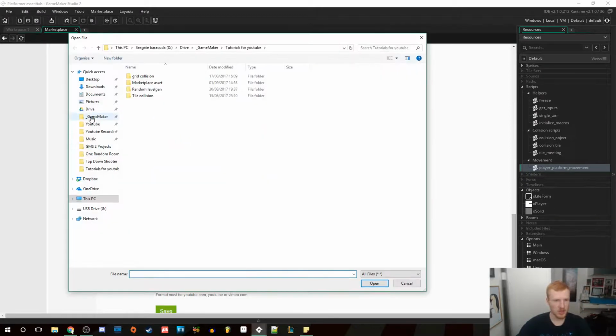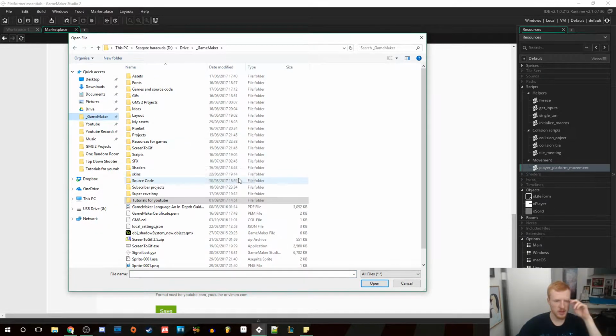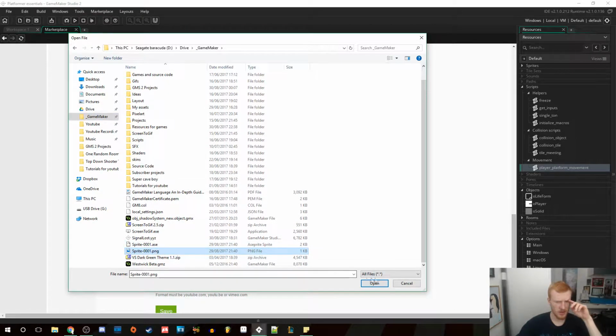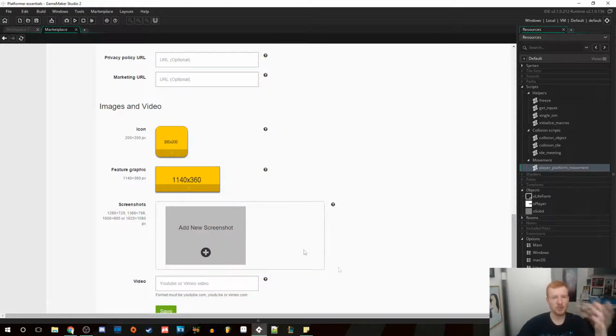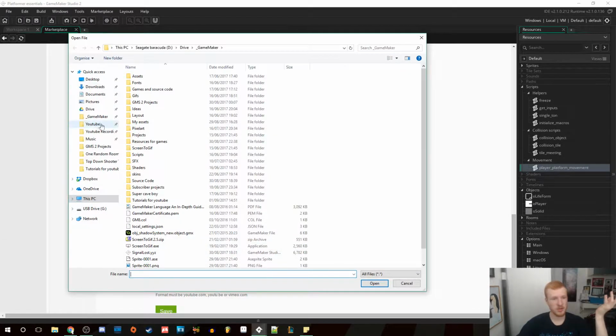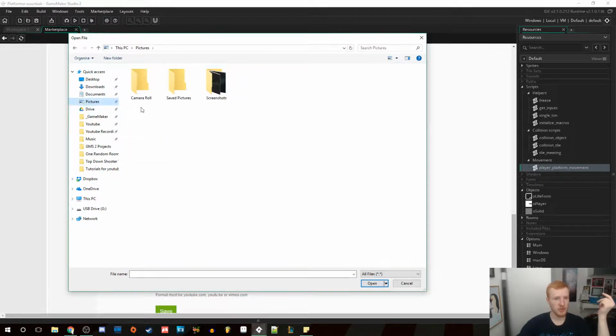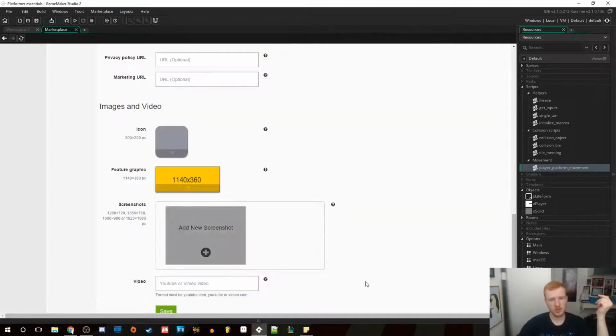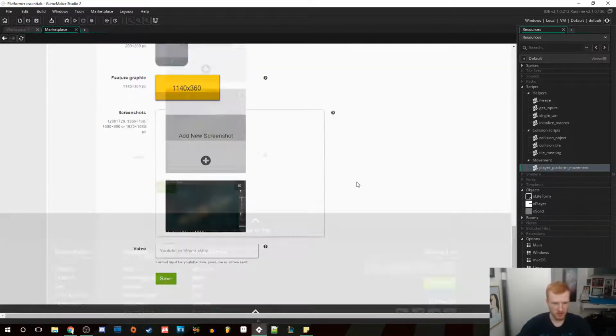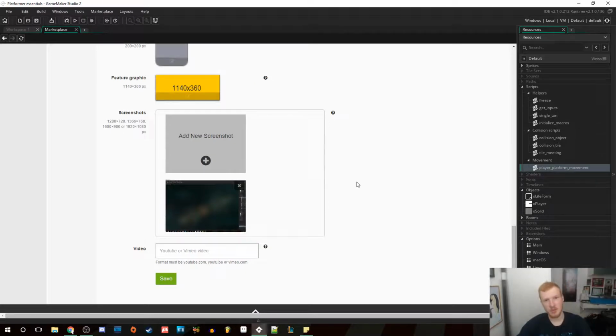So I have an icon. I think it's in here. Right there. I just created a 200 by 200 grey icon. That's all you have to do. Just any icon, and then we have a screenshot of the thing. And I know if I go to pictures and screenshots, I actually took one before. So this is just basically a screenshot of my screen,